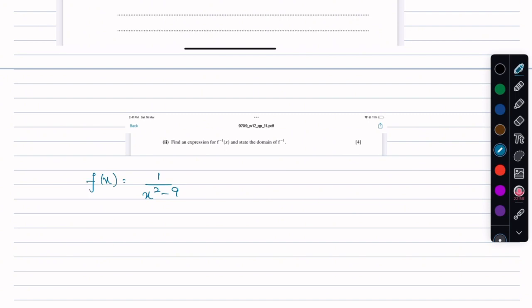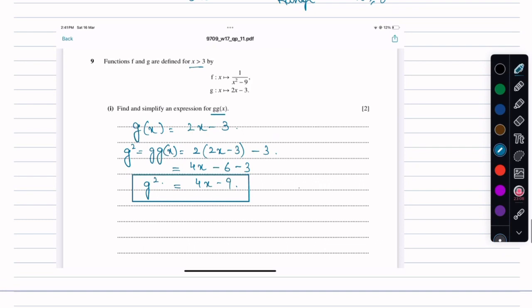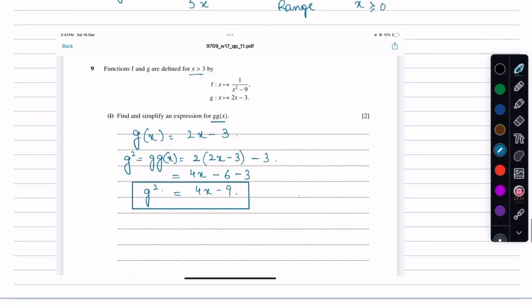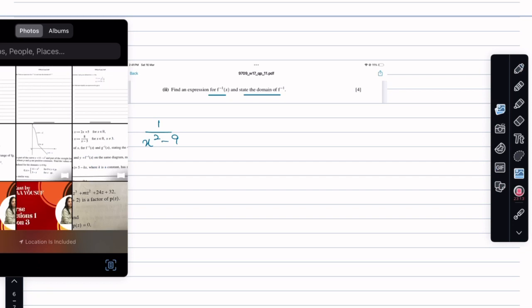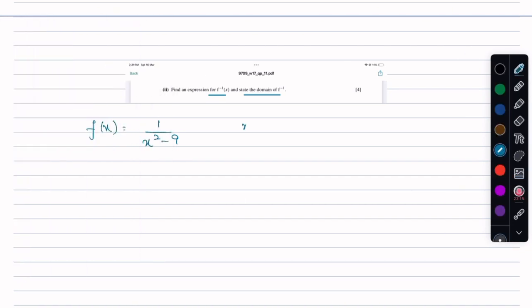The second part of the question says find an expression for f inverse. We need to have the expression for f inverse, and then we have to state the domain of f inverse also. Now the question was defined for all x values greater than 3, because I can see here that if I substitute x as 3, the function becomes 1 divided by 3 squared minus 9, or 1 divided by 0,